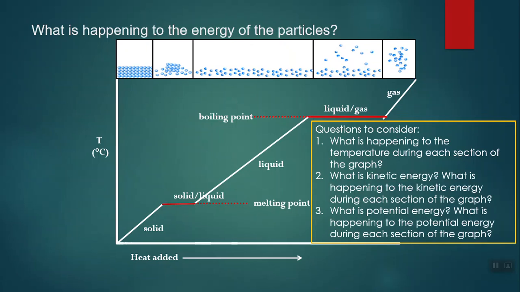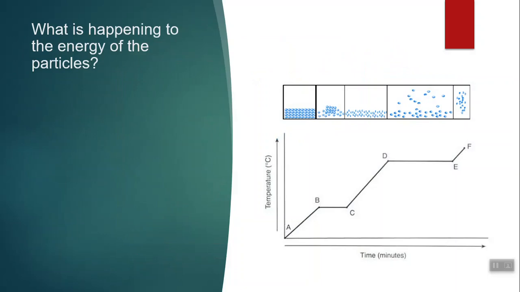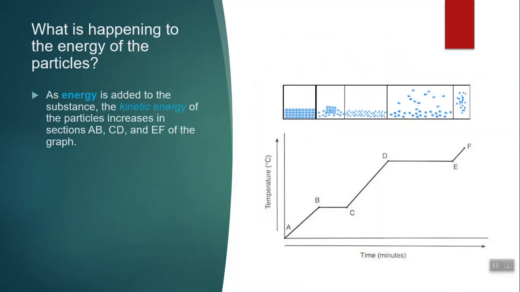Now you might remember back from 8th grade, you learned these two words, kinetic energy and potential energy. You learned kinetic energy as the energy of movement, and you learned that potential energy is stored energy. So if we look at our graph, we can see that the kinetic energy is changing when there is a temperature change. So as energy is being added to the substance, the kinetic energy also increases at sections AB, which is the slant point here, CD, right here, and EF. So then,